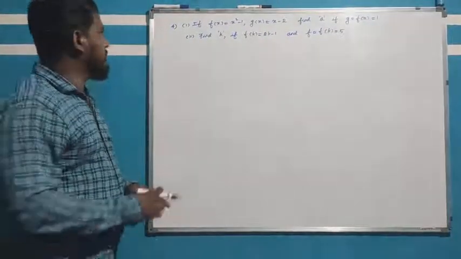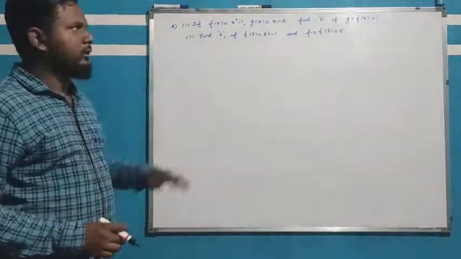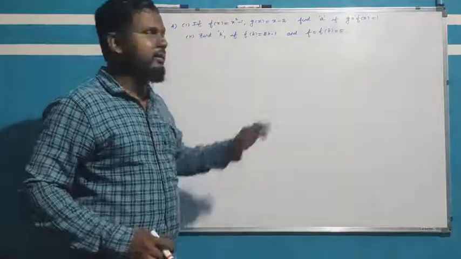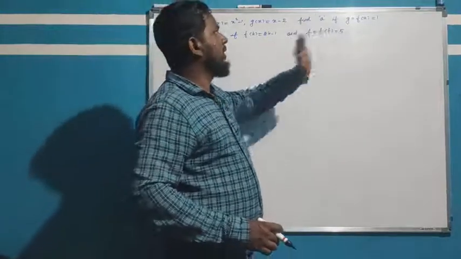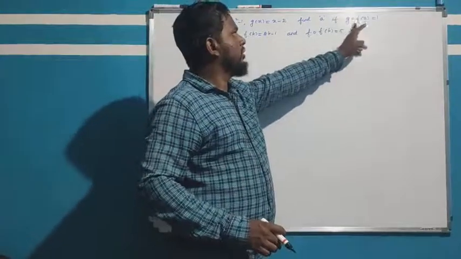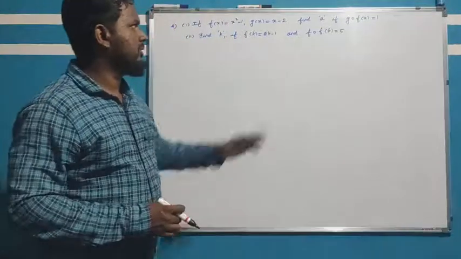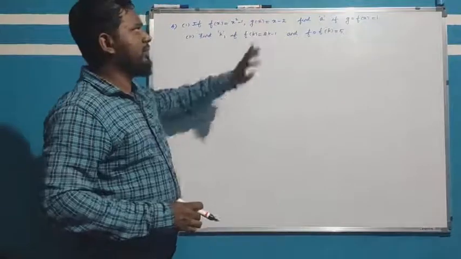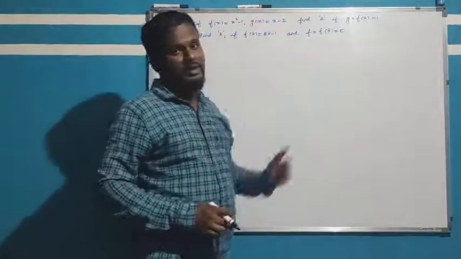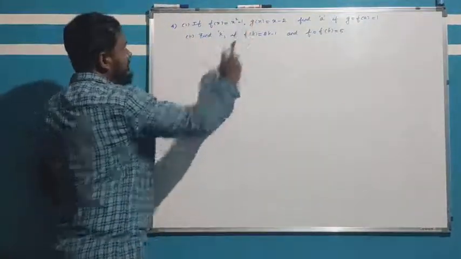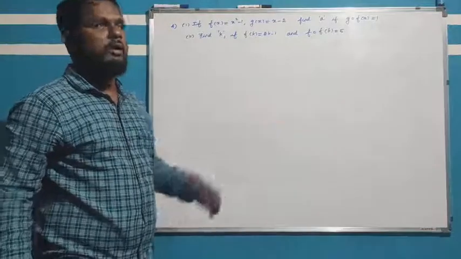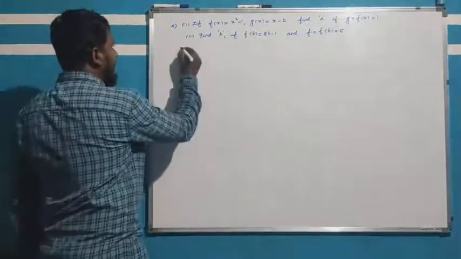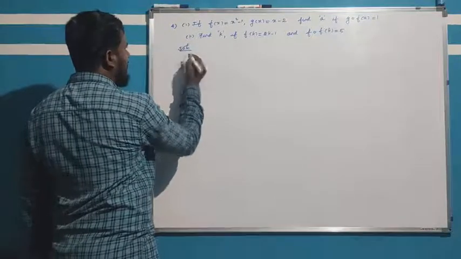We can say exercise 1.5, fourth question. Your first condition gives f of x and g of x, and you have to find a, where g composite f of a equals 1. But here f of x and g of x are given and they asked for a. So in f of x and g of x you have to convert the variable x to a variable a. So we can check here and find the solution.